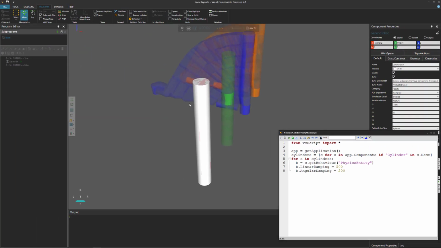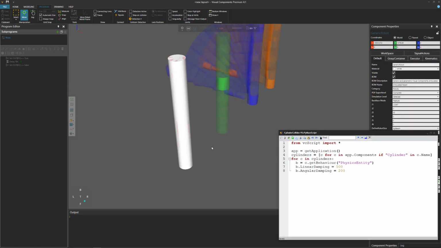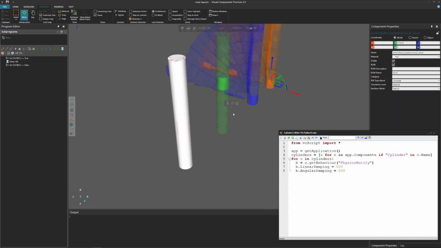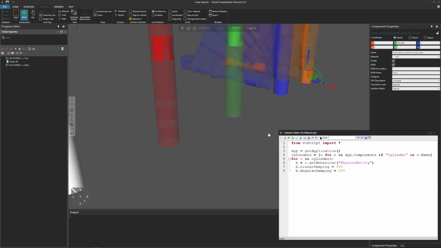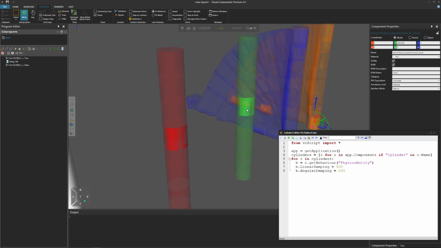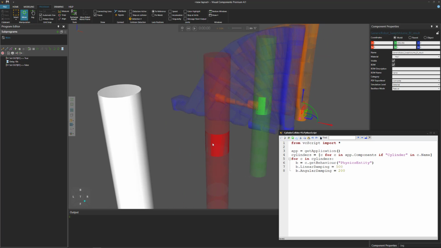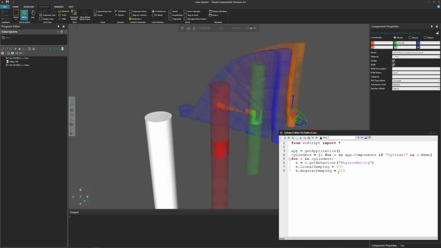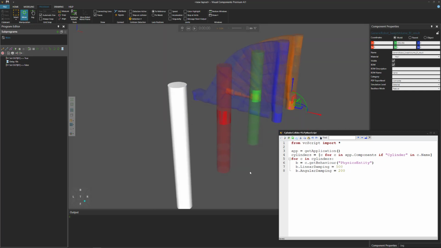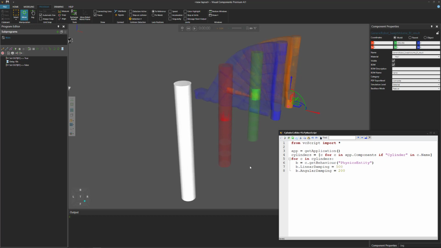Compile the code, run the simulation, and we still have the stack staying put. So let's wait for the simulation to stop, reset, select the swept geometry component, and move it to the side. And we can see from these two results that there's a little bit of movement happening here around the fifth part in the stack. So let's see if any more stress or movement occurs in other parts of the stack when we lower the value of our linear and angular damping. So we just keep on working towards that solution we want.